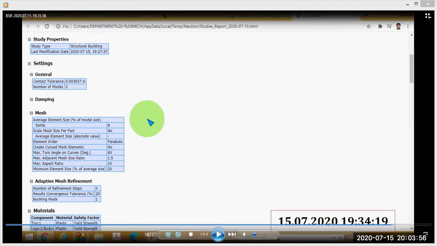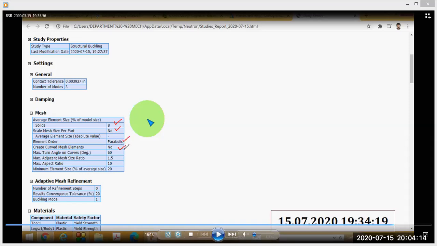Then you can see the mesh details. You can see the average element size, the solids, the scale mesh size per part is no. The element order is actually parabolic.